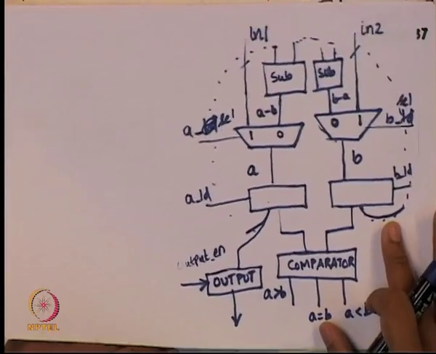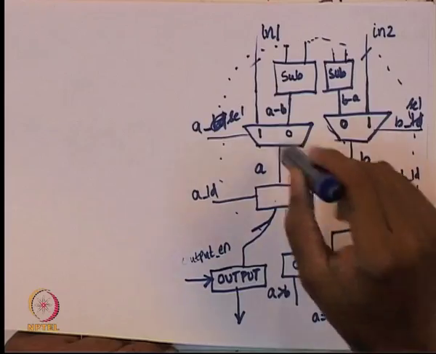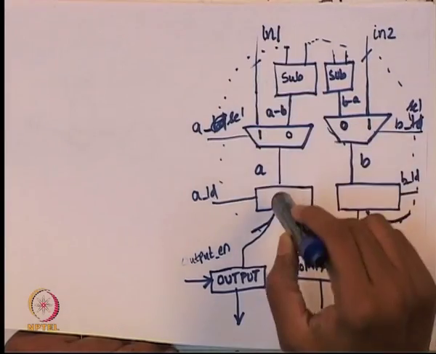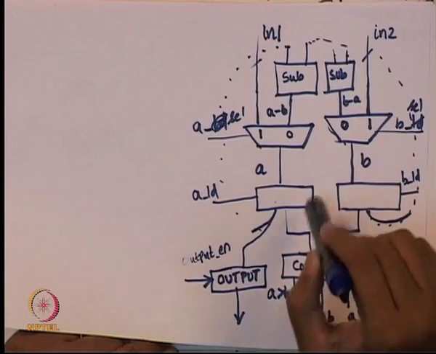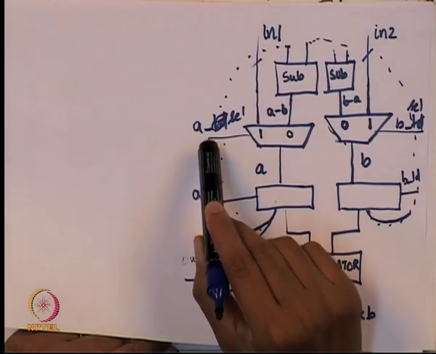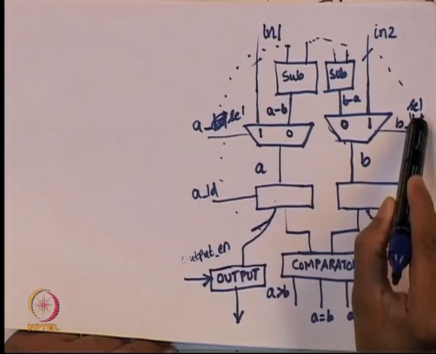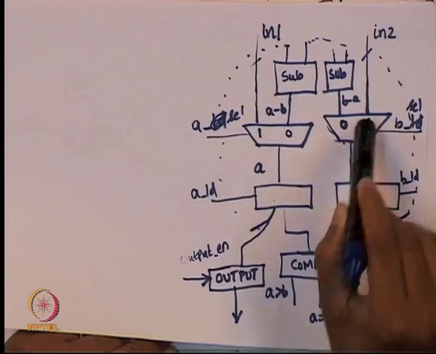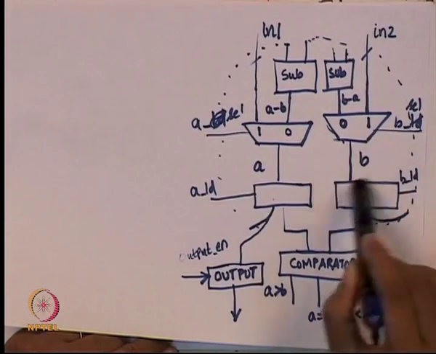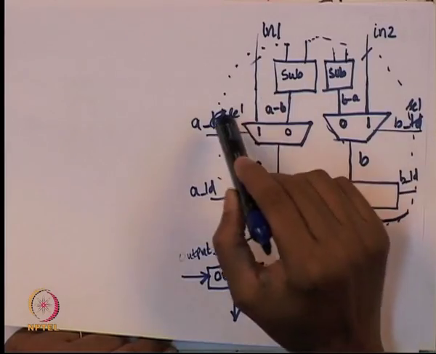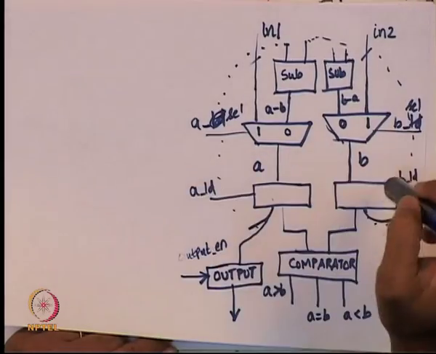Let us look at this picture here. Let us assume that in1 and in2 are already ready. We are supposed to put the value of in1 in A and in2 in B. How is this possible? It is possible only if A select is 1, B select is 1, A load is 1, and B load is 1. So we should have A select, B select, A load, B load